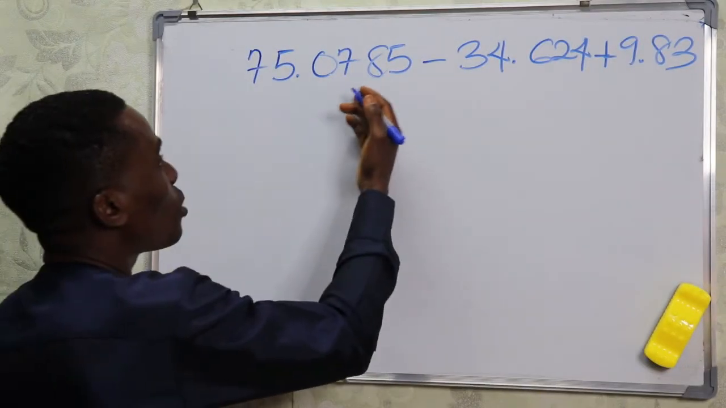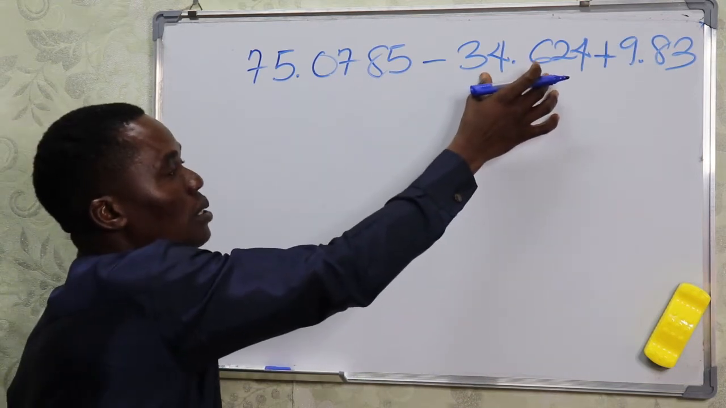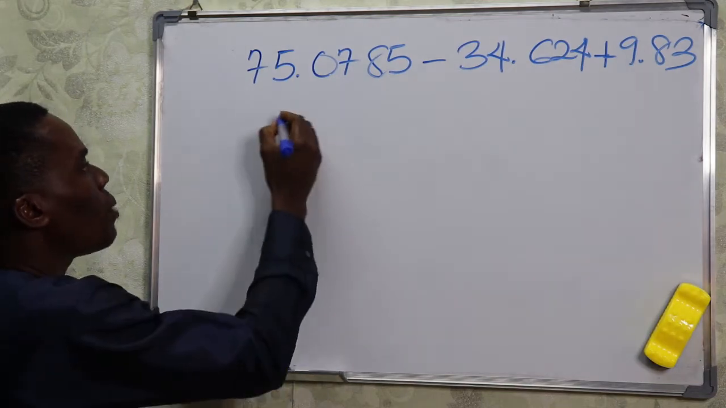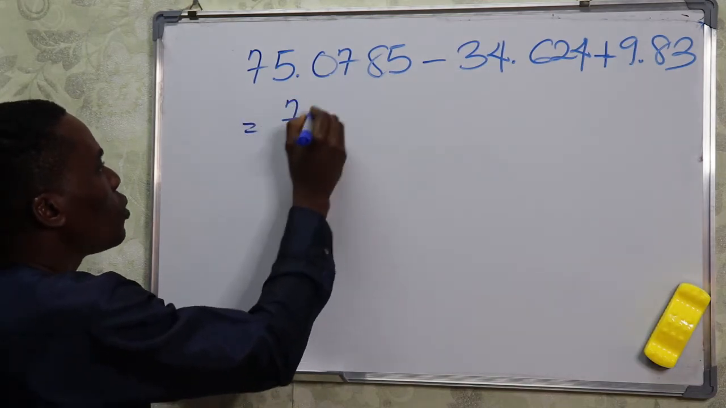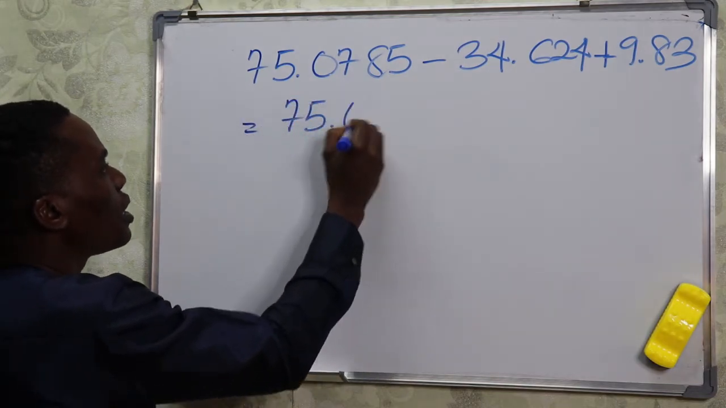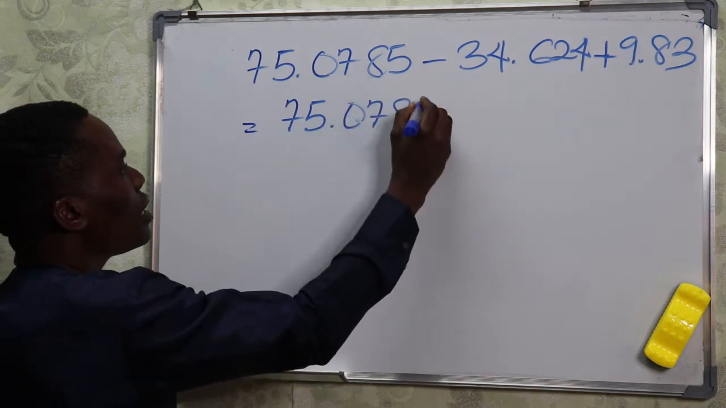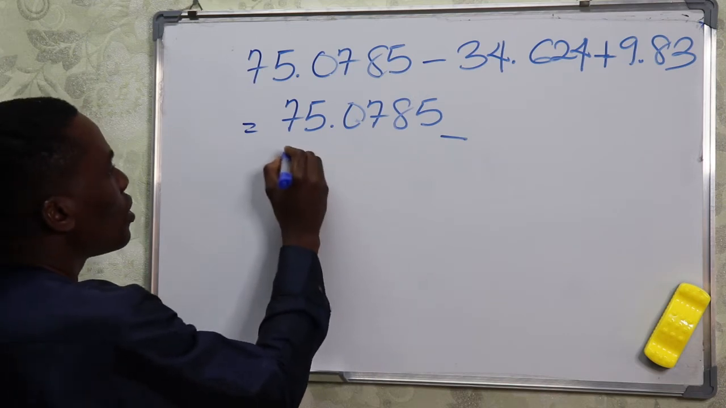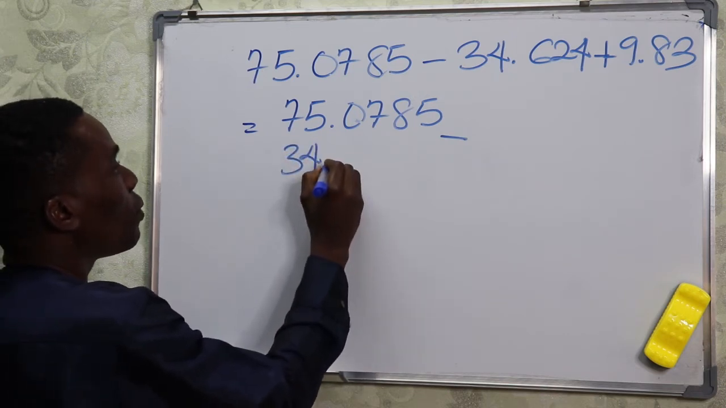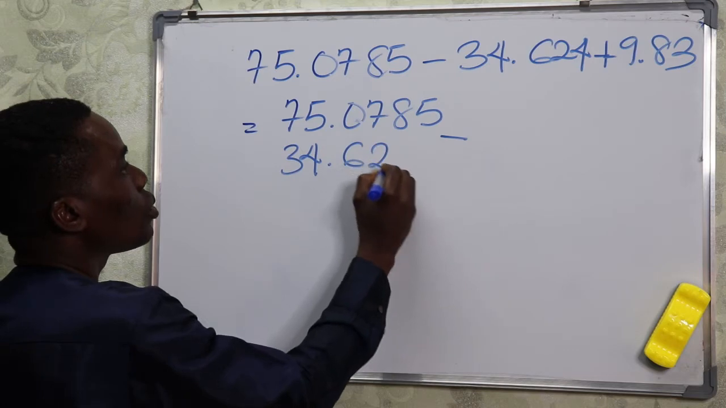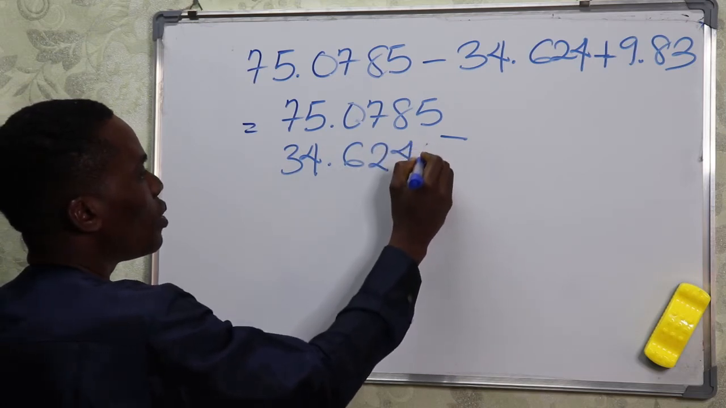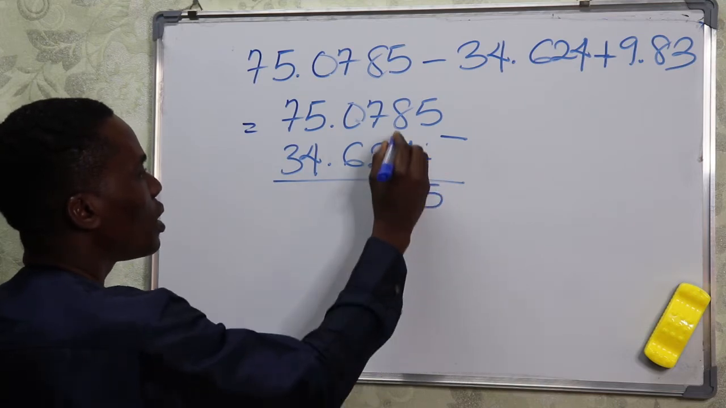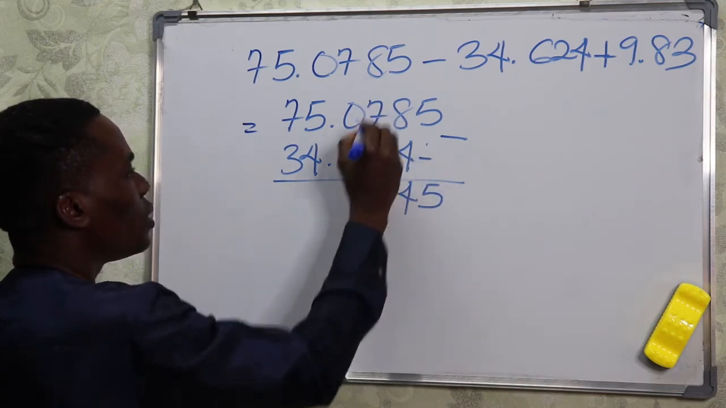You are asked to subtract this value from this value, and then add this to that. Now let's go about the solution. The arrangement will be like this: 75.0785 minus 34.624. Now when we subtract this minus this will give us 5, this will give us 4, this will give